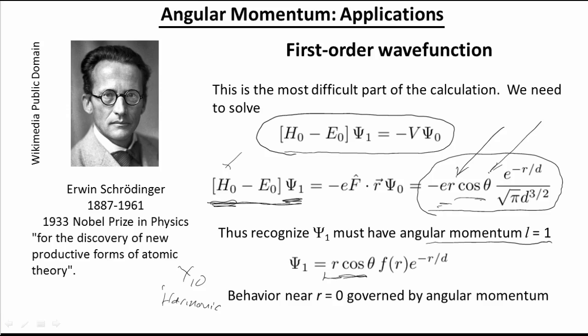And then also this part here, the fact that the cosine theta is accompanied by a single power of r, guarantees that the behavior of this function near the origin will be consistent with this powerful property of the angular momentum operator, in that the angular momentum completely dominates the motion of the particle at very small distances from the coordinate origin. So whenever you see the cosine theta at small r,